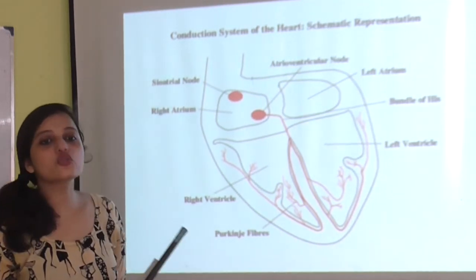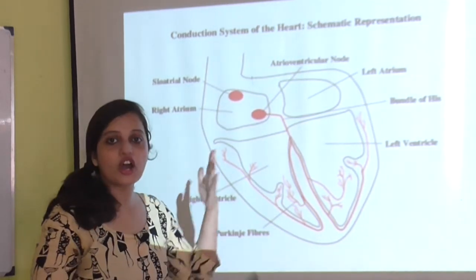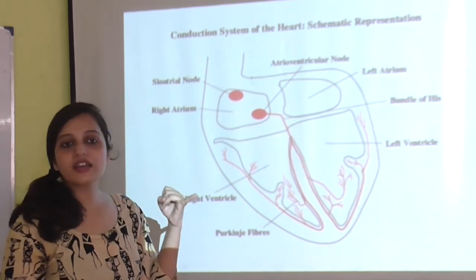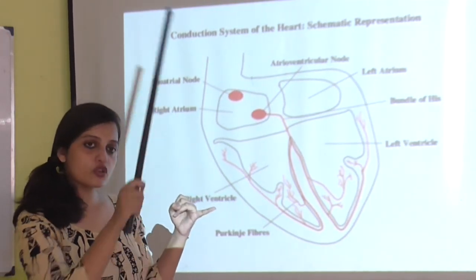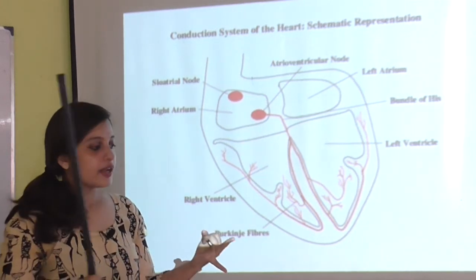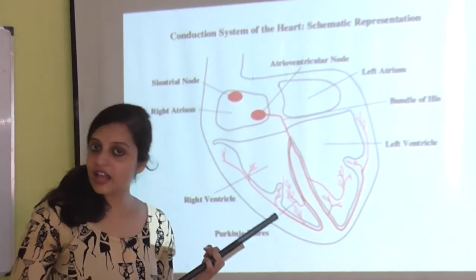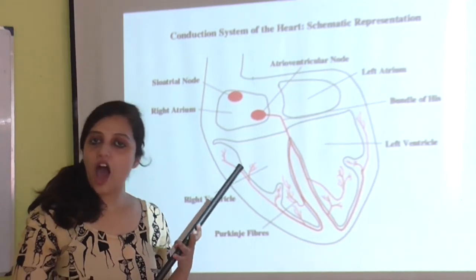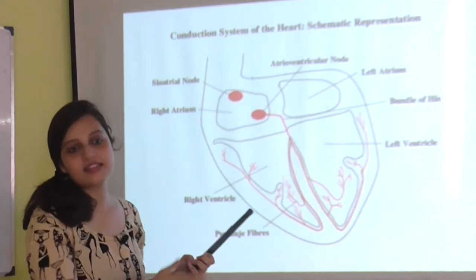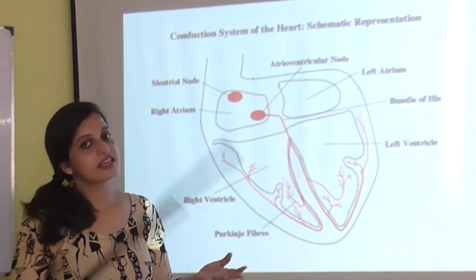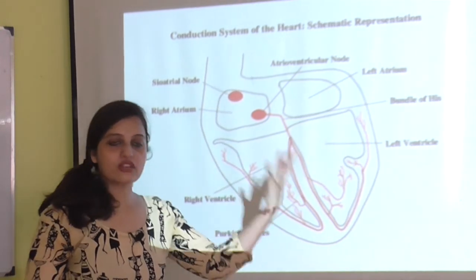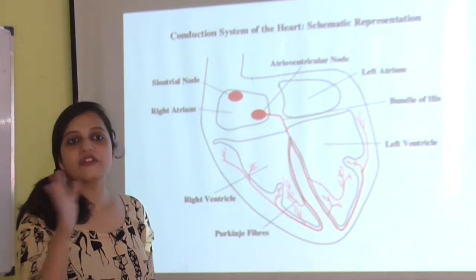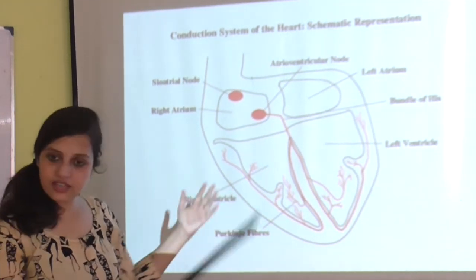Now, I have not made a slide for this, but please remember the types of blood vessels. Number one is the vena cava. Vena cava has two parts, superior and inferior. Number two is the pulmonary artery and number three is the pulmonary vein. Number four is the aorta, and you know the rest, which are arteries, veins, and capillaries. Arteries carry oxygenated blood, veins carry deoxygenated blood, and the rest you know, which I have discussed earlier.